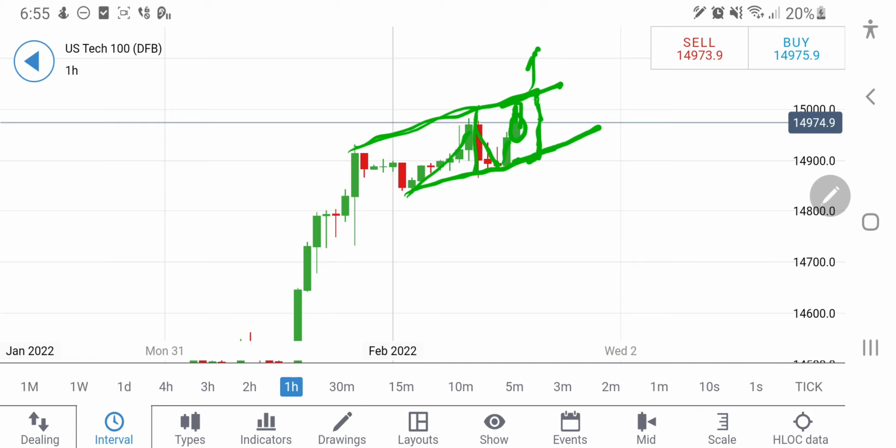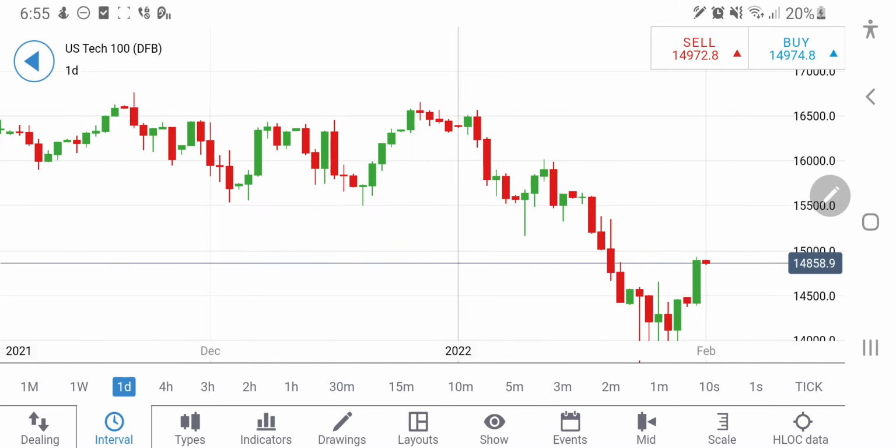One can expect it to rise towards 15,010, the first target, and then towards 15,100. 15,200 levels can also be seen. Now let's have a look at the daily charts. On the daily charts,